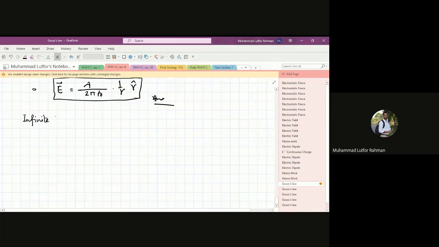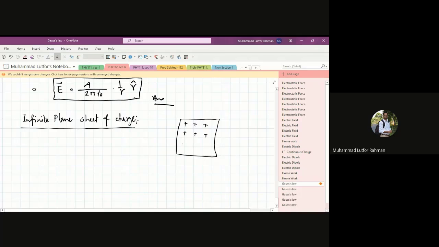Infinite plane sheet of charge. What is that? So we have a plane sheet like that. In that sheet, say the charge is uniformly distributed, right? Then due to that charge, we define the surface charge density,